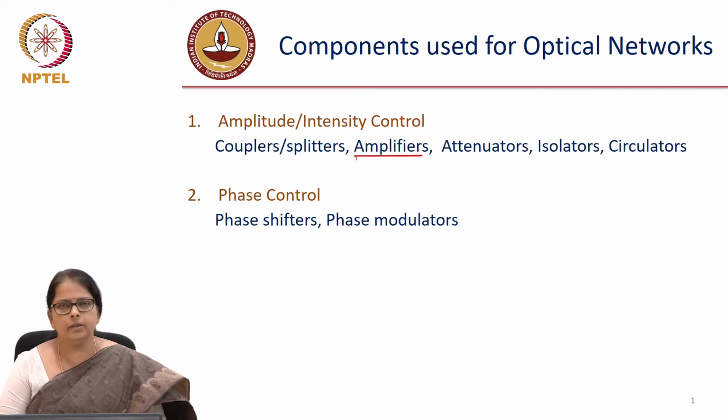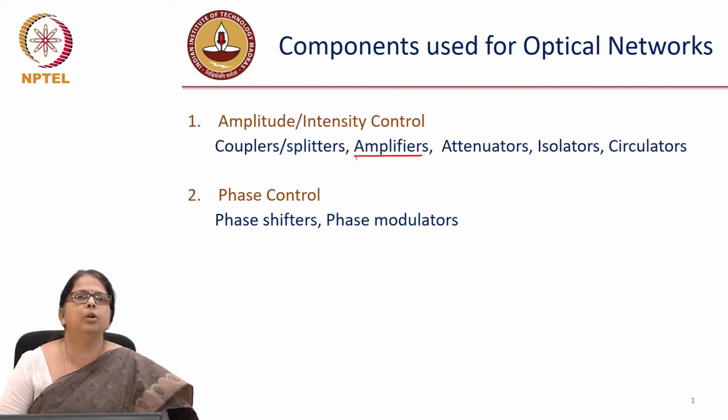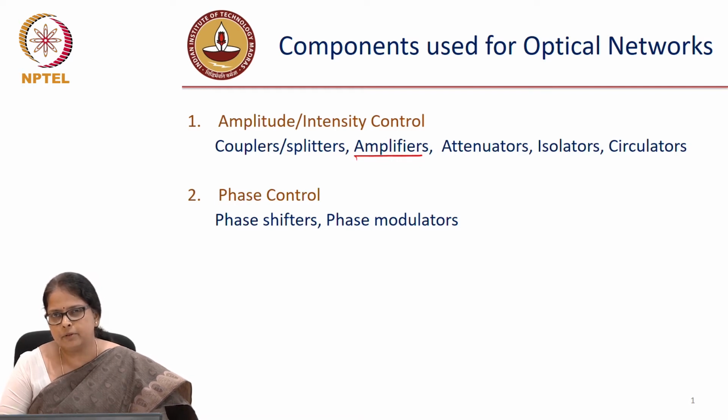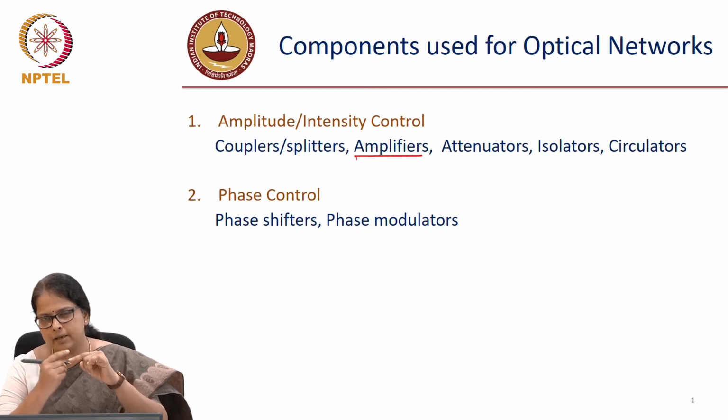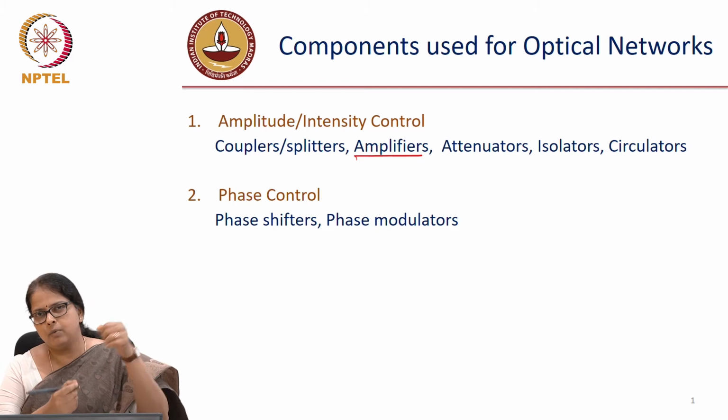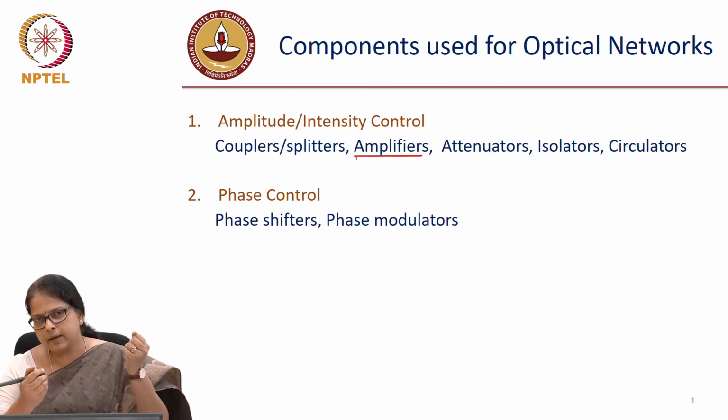Now there are different kinds of phase shifters possible. In fact, a phase modulator is also a phase shifter. Phase modulators, of course, we have studied in detail when we did modulators. But a simple way of making a phase shifter is to wind a fiber around a piezoelectric transducer and apply a voltage to the transducer. The size changes, the length changes, and so the fiber length also changes.